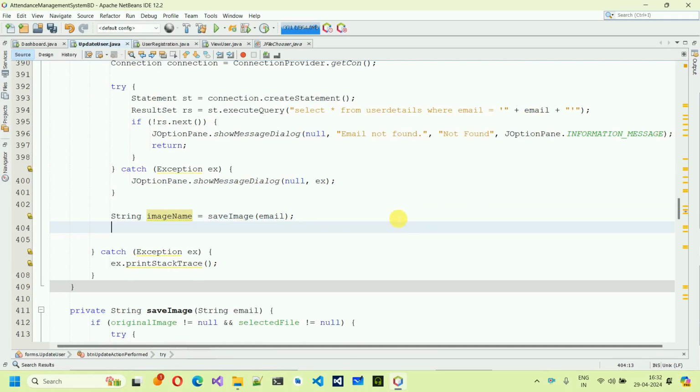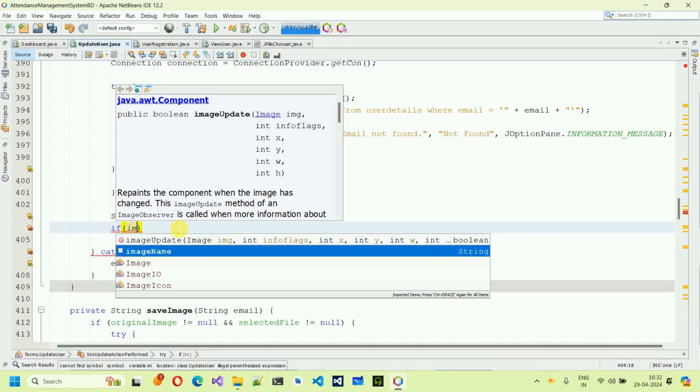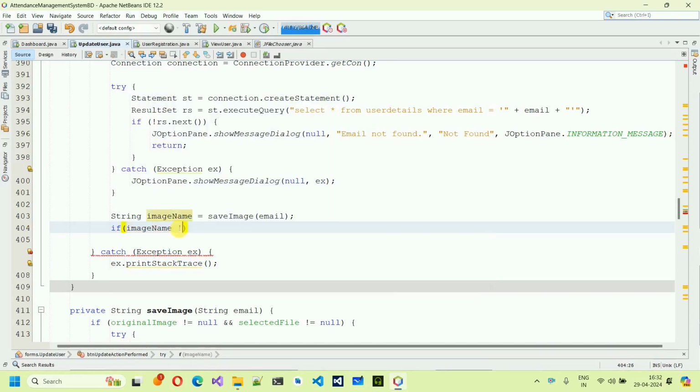And here is the catch. If a new image is selected, in that case only we are going to update this. It means that this should not be null. In that case only we will update the existing record. So if imageName is not equal to null,